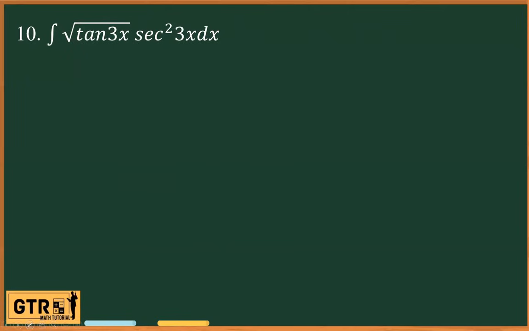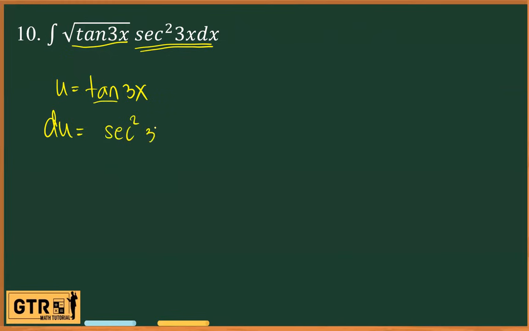So if we have a trigonometric function, inspect whether one is the derivative of the other. As you can see in this, we have tangent and secant squared. Remember, the derivative of tangent is secant squared. So it's in the form u to the n du, because our u here is tangent 3x. Our differential of tangent 3x is the derivative of tangent, secant squared 3x, times the derivative of 3x, we have 3